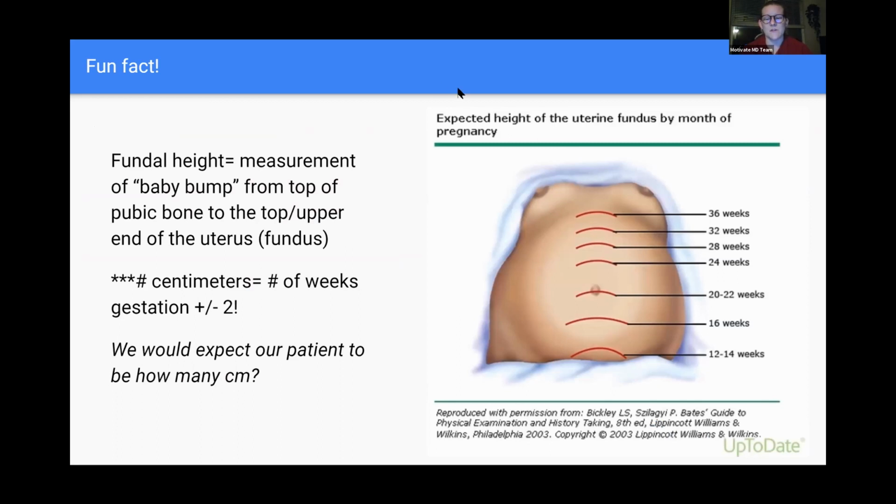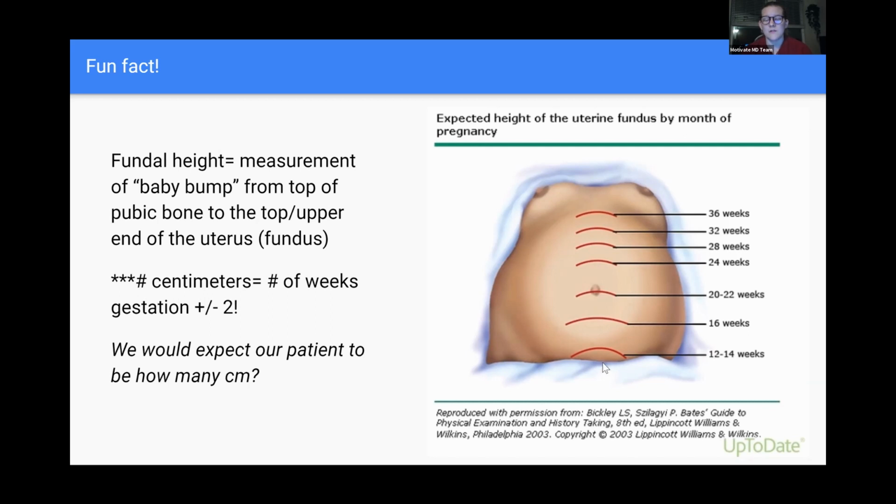This is a physical exam maneuver that we do for pregnant patients, and essentially it's a measurement that is able to help correlate the growth of the baby with how many weeks along the mom is. So what you do is essentially measure the baby bump starting from the top of the pubic bone. So that's kind of down here by like this 12 to 14 weeks dash line. It would be a little bit below that mark. And then you go all the way up to the fundus of the uterus, which is the top of the